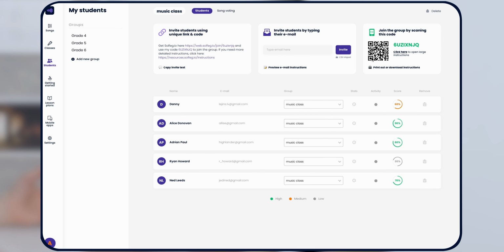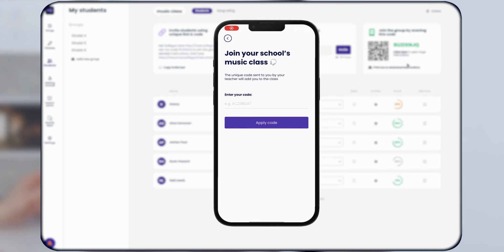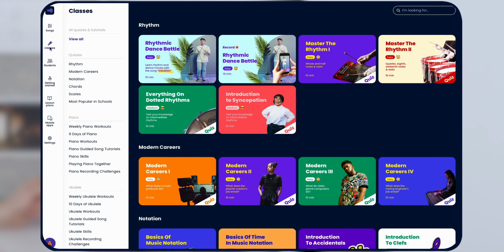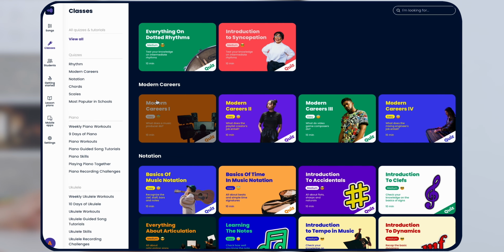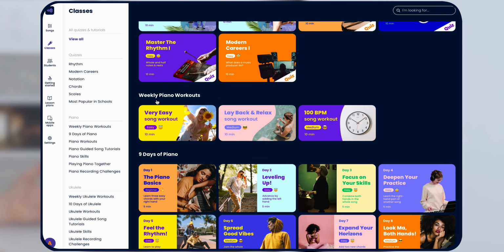Another option is to scan the QR code. It will take you to the Solfegio mobile app, where the students will be able to enter their unique invite code and join the class. Your students can choose the most convenient device for them to sign up on. Whether they sign up on web or mobile, they will get the access to the content on all devices and